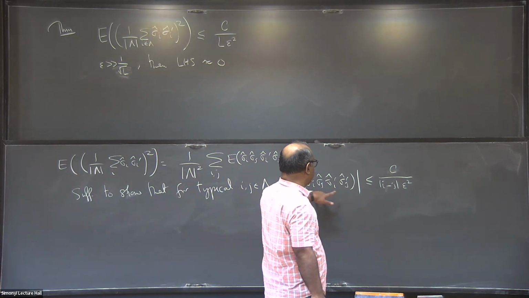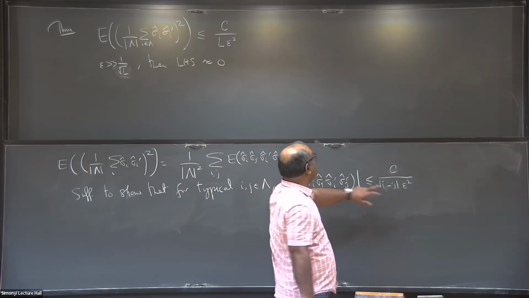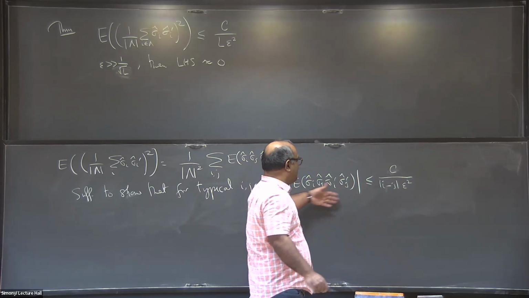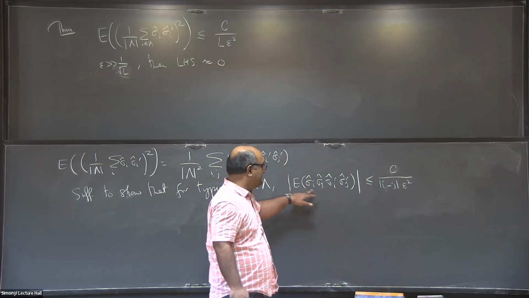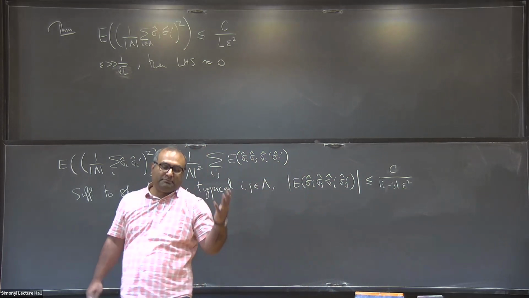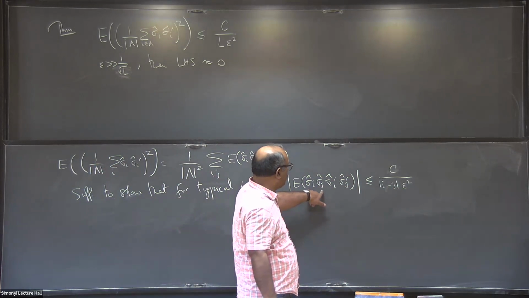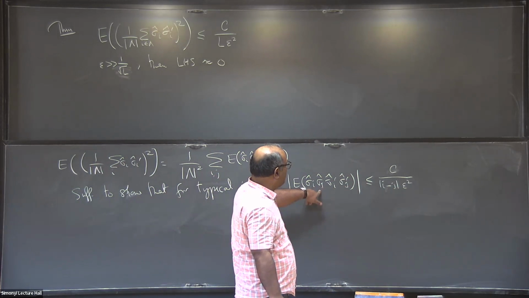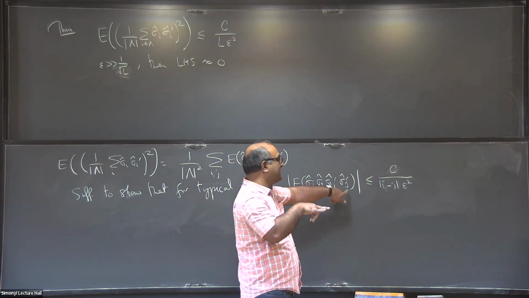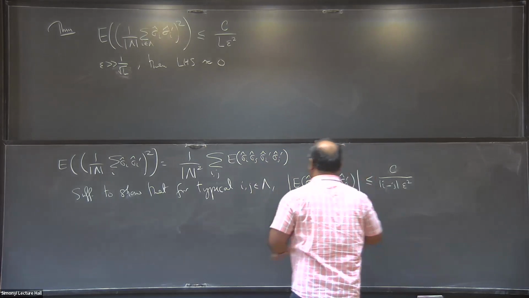We'll see how to do a quantitative bound given i and j, two sites in the box. Whenever this epsilon perturbation that we're putting in is much bigger than 1 over the square root of the distance between sites, this expectation is close to 0. Note that this is a random variable which is either plus or minus 1, and the expectation of such a random variable is close to 0. It means that it's plus or minus 1 at approximately equal probability, which means that the relative orientation of the spins at i and j before and after the perturbation are sort of independent. So if one is plus 1, you cannot say the other is also likely to be plus 1.